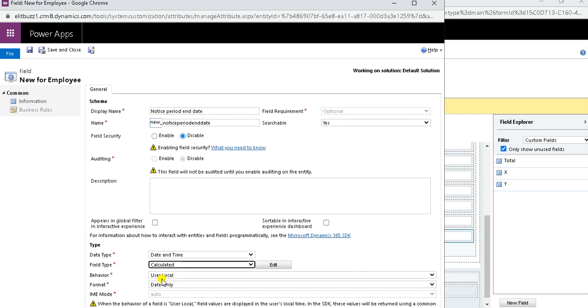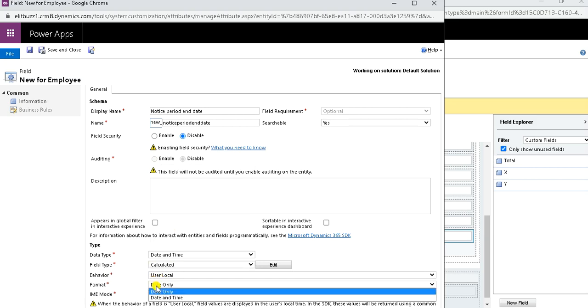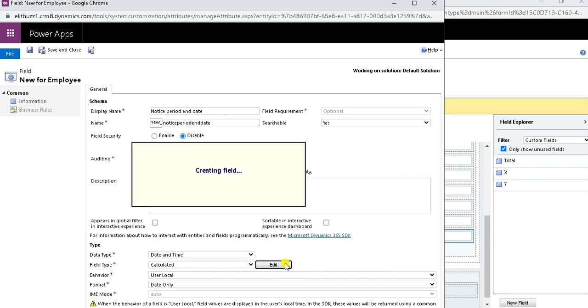It will be calculated, and format is date only because I want to show additional dates according to that. Once I click on edit, the calculated field type of field will be created.